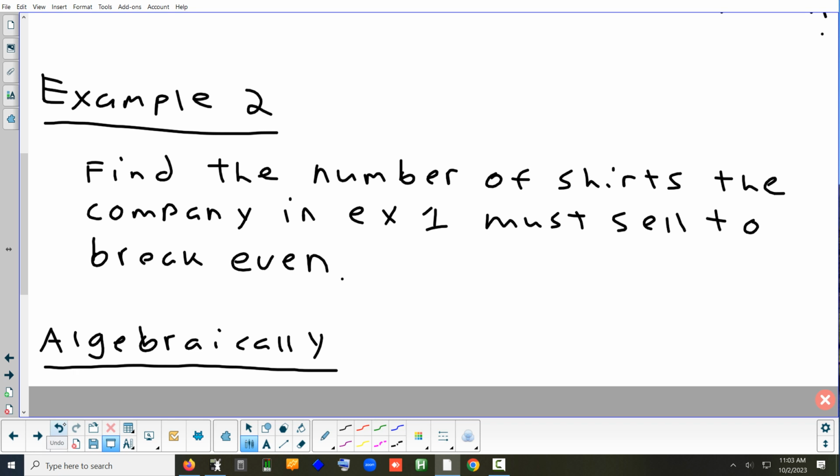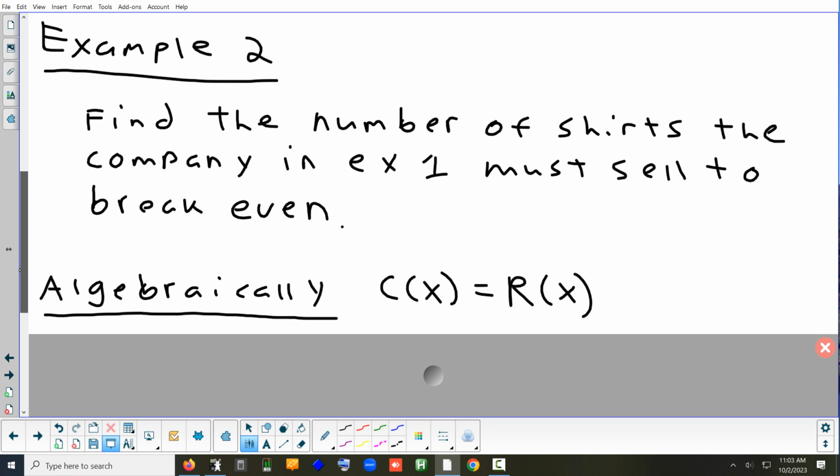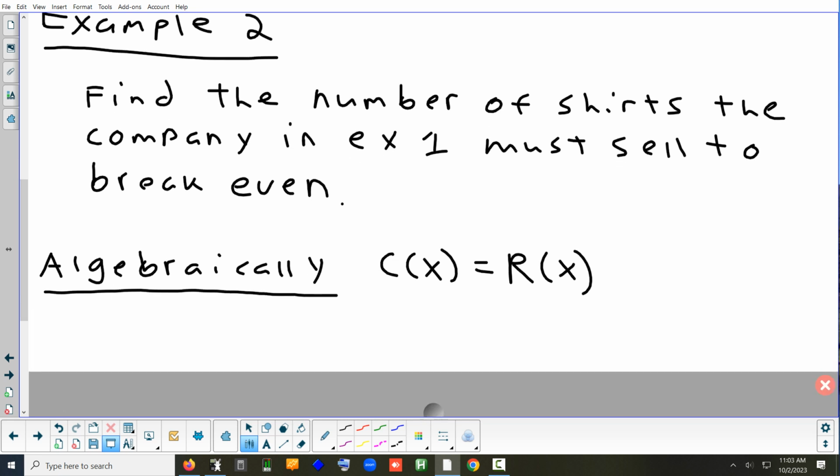All right. So what did we say in the definition of break even point? It's where what equaled what? Cost and revenue. Right. It's where cost equals revenue. So it's pretty much as simple as that. Just take the formula we had on the other page for cost. I think it was 1.5x plus 200,000. That was the cost. Equals